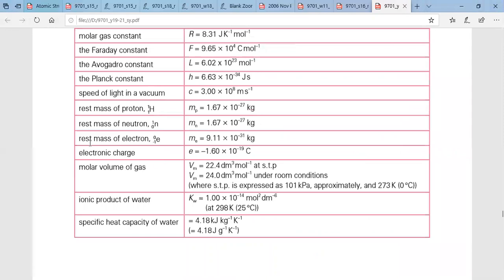See now, the rest mass of a proton. Now this is the actual mass, 1.67 times 10 to the minus 27. Maybe it's the first time you see it, but never mind. You need to know. The rest mass of a neutron is the same as 1. Okay, normally we say 1:1. It's an idea of